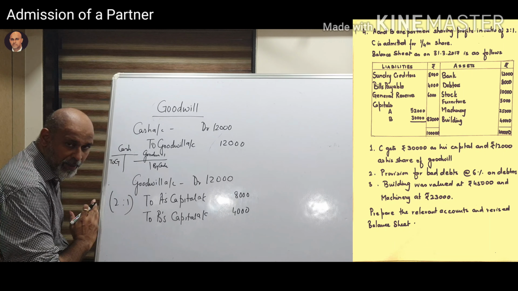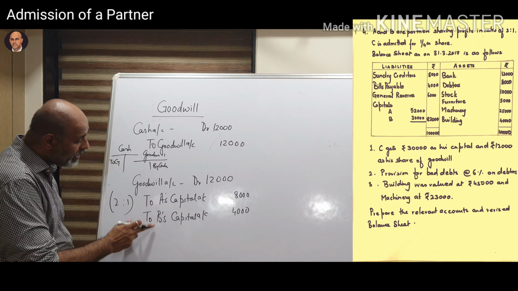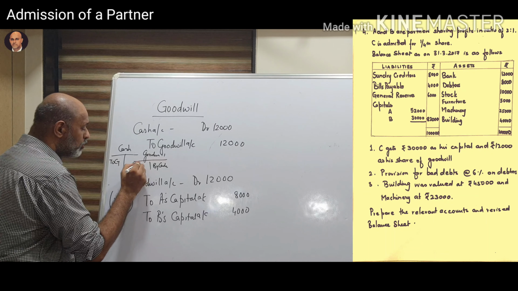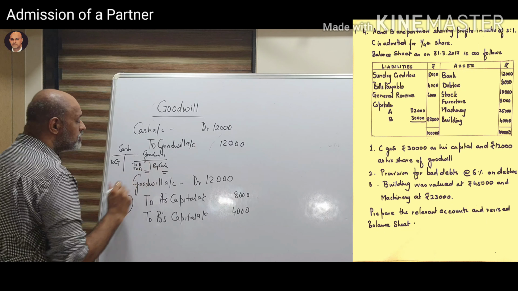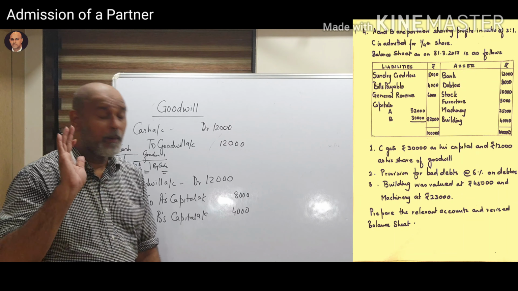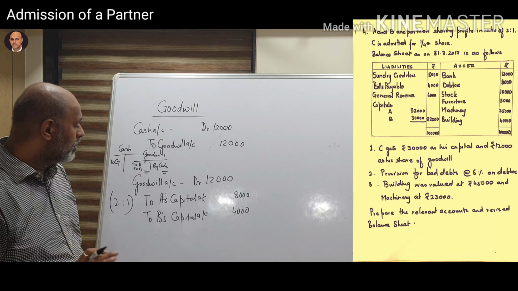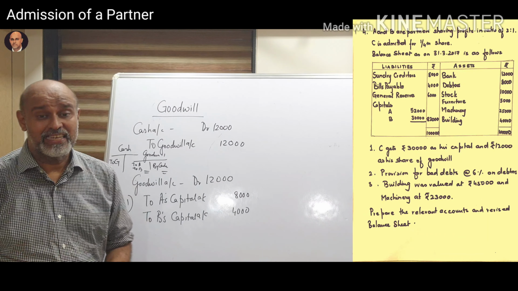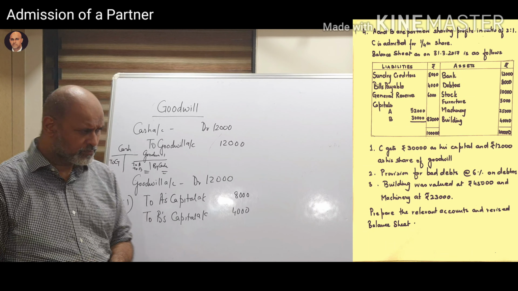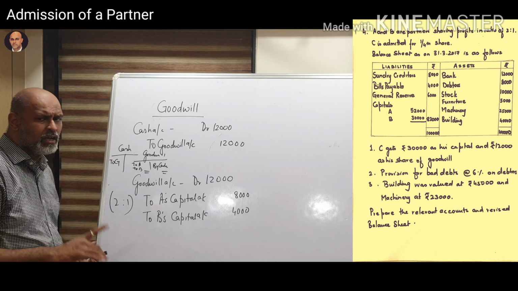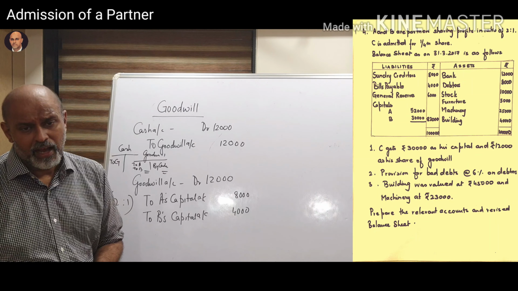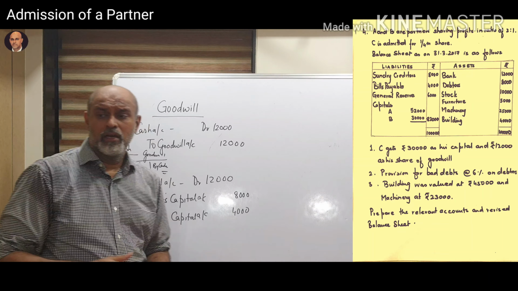Go to goodwill account. On the debit side write down to A's capital and to B's capital, 8,000 and 4,000. Okay, you will put it here, to A, to B. Okay, and you will see the goodwill account is balancing. Go to the partner's capital account and write down by goodwill, and in A's and B's column you shall put 8,000 and 4,000 respectively. Okay, is it clear? So this is what you are going to put in goodwill. So our aspect about capital and goodwill both is covered, and we shall go to the revaluation adjustments.